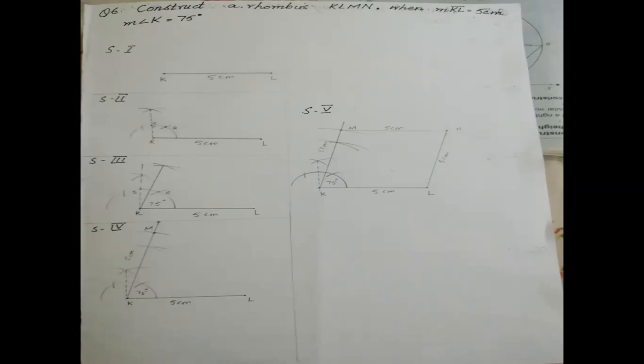On point K, draw the angle of 90 degrees. In the question, 75 degrees is given, but for the 75, we need the angle of 90 degrees. You see clearly that I draw the angle of 90 degrees with a dotted line, because this is not our required angle. Our required angle is 75 degrees.